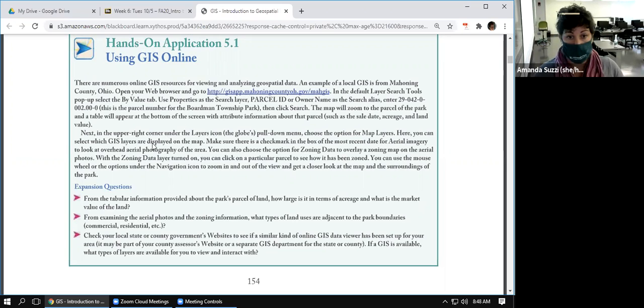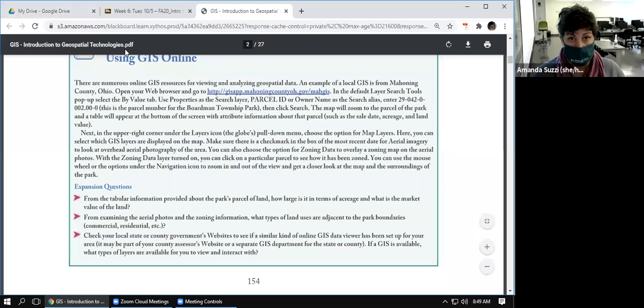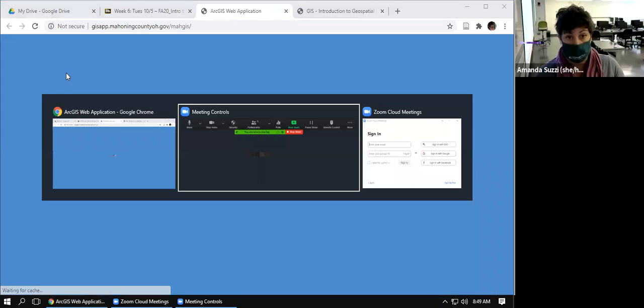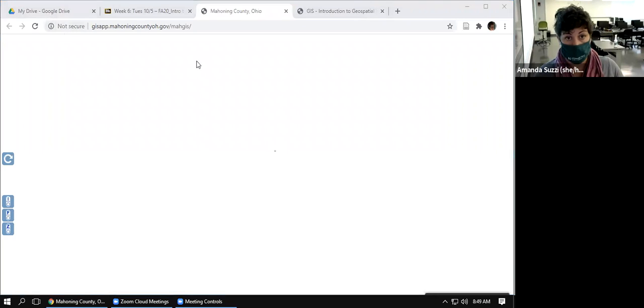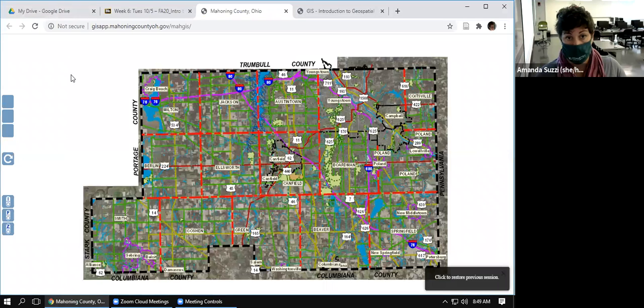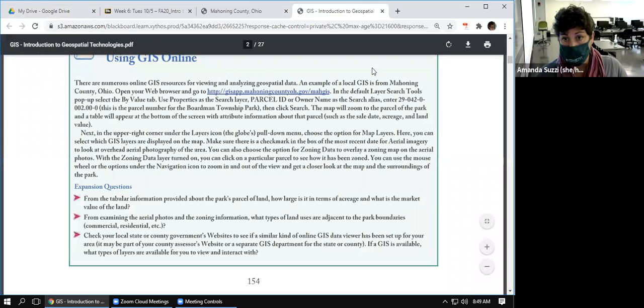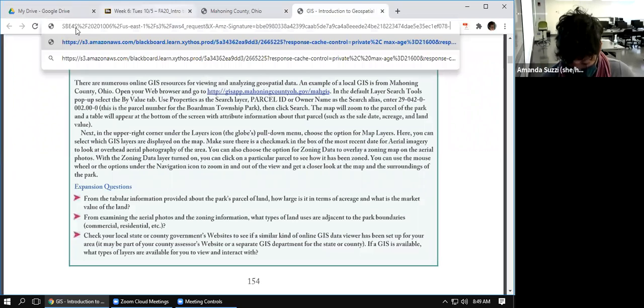You can turn on zoning data. So, actually, let me go back to that. We will search for this. What is this? 29-042-0-